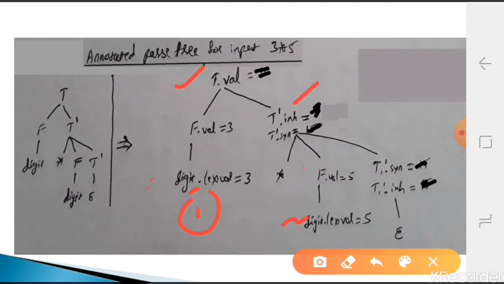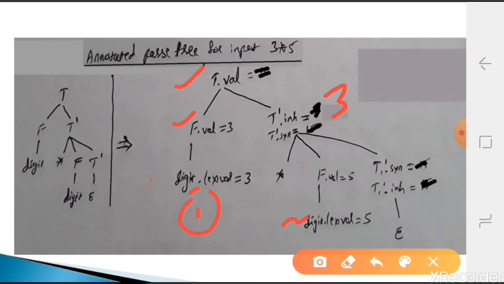So f value is whatever we have here, so this value we can give to here. Here t dash dot inherit is calculating the value from its sibling. So now t dash dot inherit value will become 3.